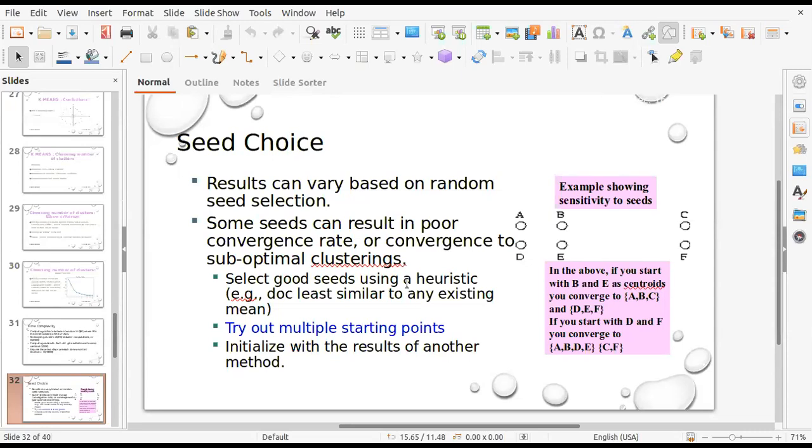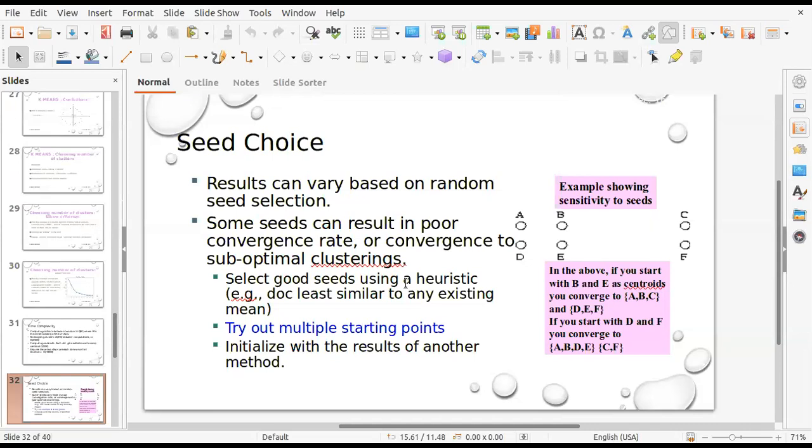Once you assign all the points to these k cluster centers, every cluster will have some points. Once the first step is over, the next step is to recompute the cluster centers. For each of these clusters, take the average of all the points which belong to that cluster. Computing the cluster center is just taking the average of all the points, that is, the average of all the attributes, and that average is called the cluster center. That is your new cluster center.